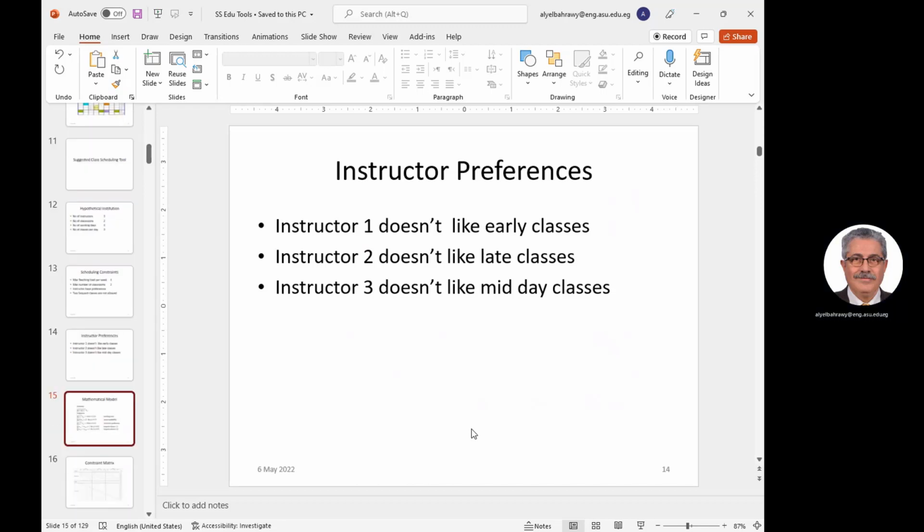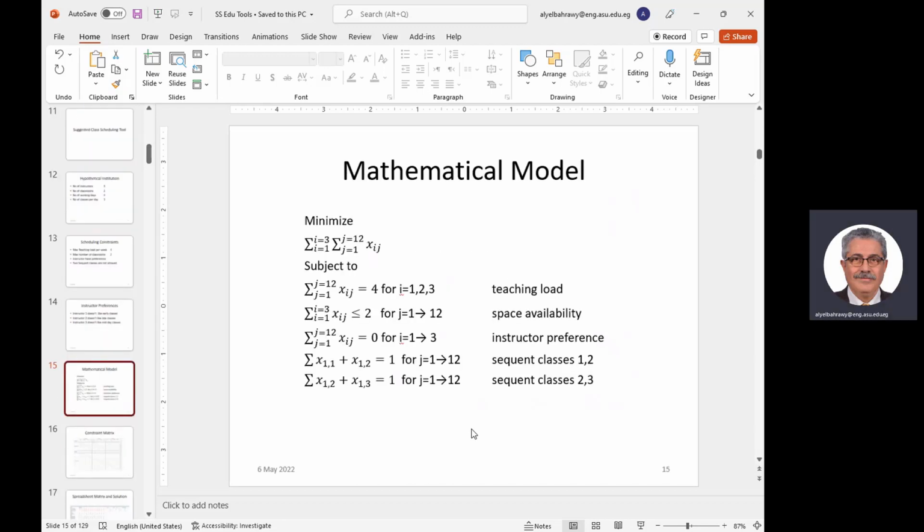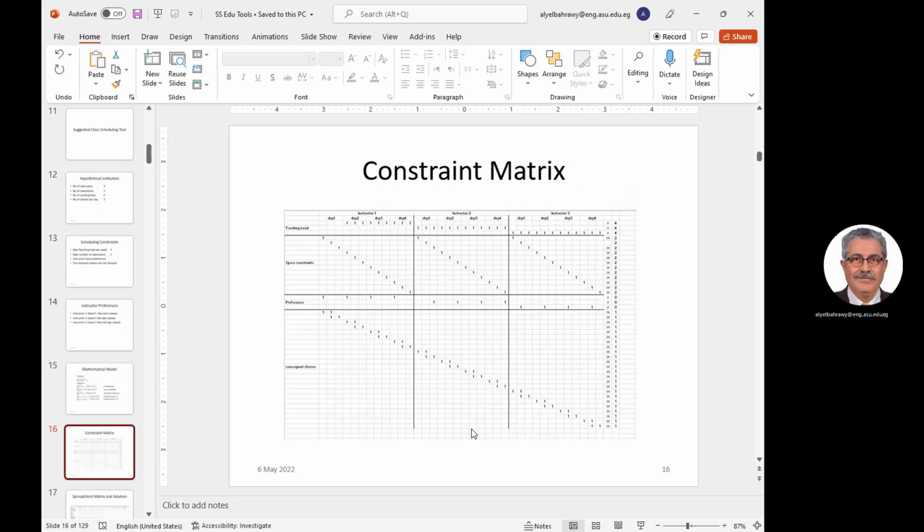midday classes. We developed this mathematical model to show us where we have classes subject to the constraints of teaching load, space availability, instructor preferences, and sequent classes 1 and 2, sequent classes 2 and 3. This is the constraint matrix, a very sparse constraint matrix, and the numbers are diagonal because of the nature of the constraints. The beauty of using linear programming is that I can increase the number of variables to